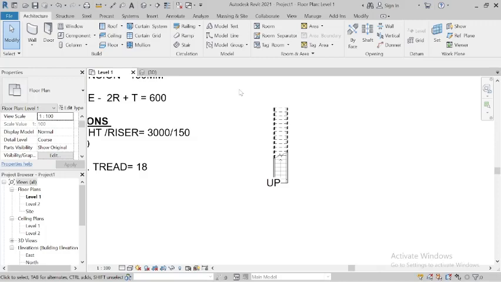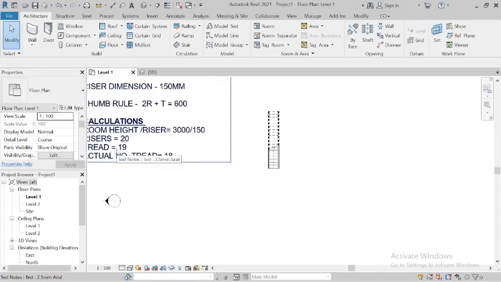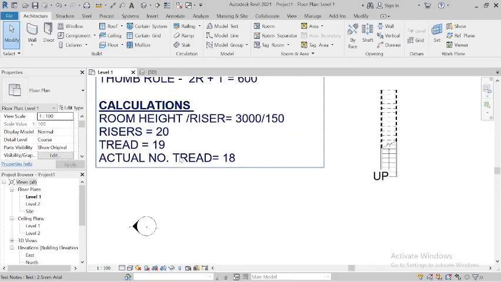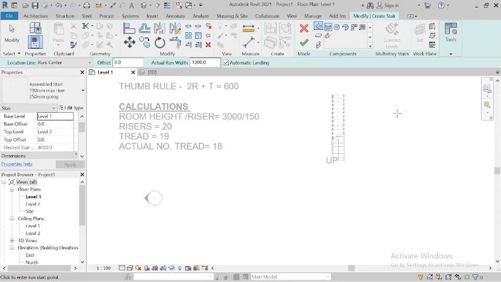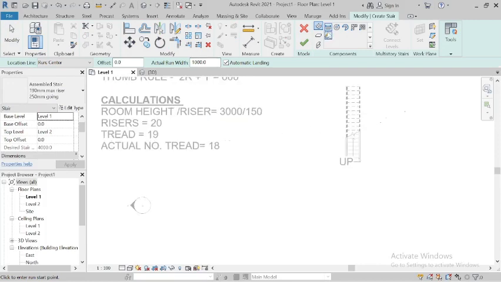You get it? So to draw the thread, you go back to architecture, then go to stairs, you select our stairs,